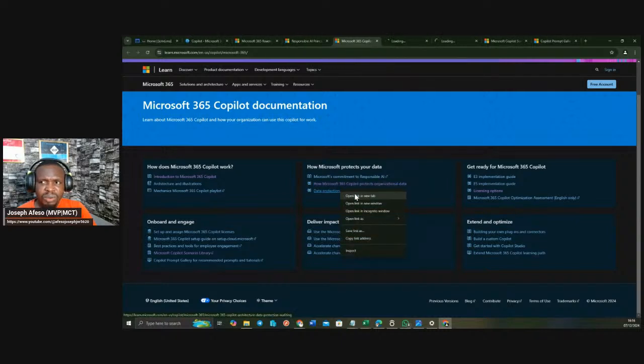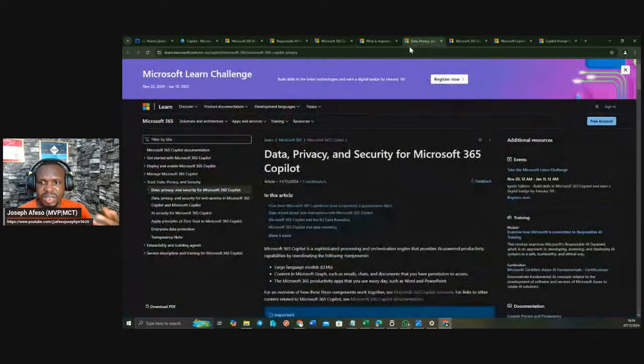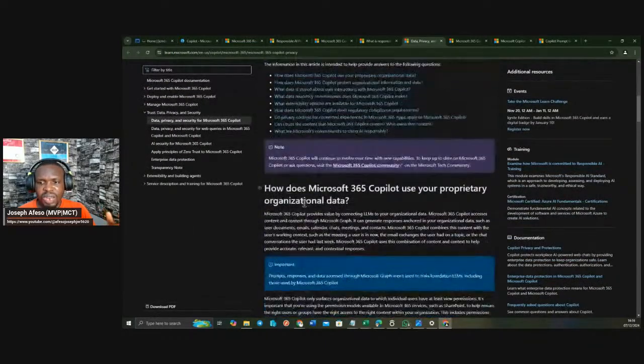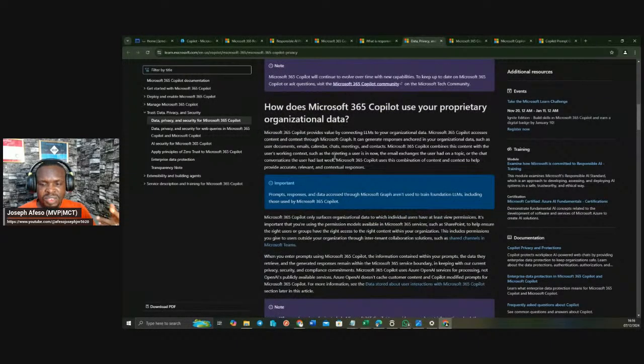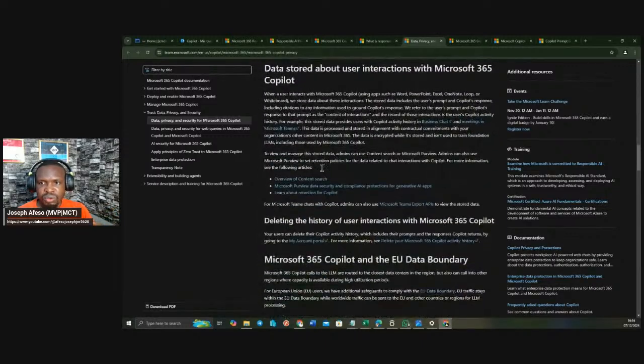This is very important that we mention this, because you may have to respond to questions from your internal or external auditors around how your data is being managed. So for the data privacy and security for Microsoft 365 Copilot, you can actually look at it. Look at, one, how does M365 Copilot use your proprietary organizational data? So you can understand from these points as an administrator